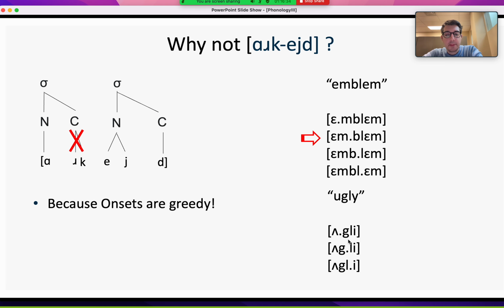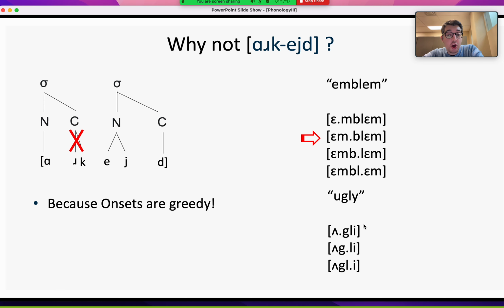What about ugly? Ugly is a nice example. For example, this one, not really good. Again, violating the sonority principle, going from low to high sonority when it should go down actually. So the third one is not good. Let's see the first and second. Is it ugly or ugly? Well, you can start a word with gl, right? Why not? Ugly, not too bad. And we know that in gl we are going from low to high, right? Sonority, so it's all good.